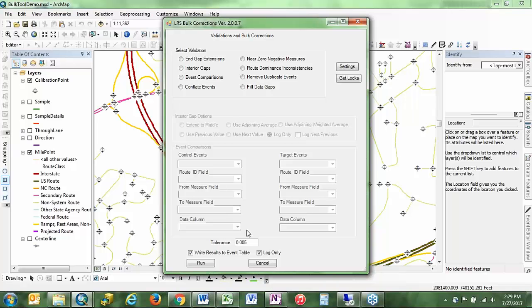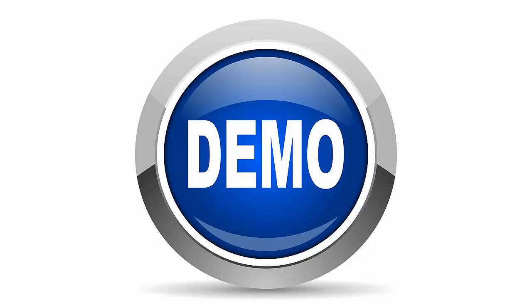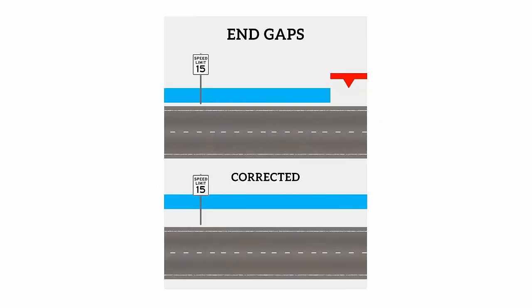So what functions does it actually do? I've been talking a lot about it. So these are the 8 functions that it does currently. So let me walk you through these. This tool comes with a robust user guide. And in that user guide, there are diagrams of each one of these functions. And looking at those diagrams is a whole lot more entertaining than just watching my mouse move around while we discuss them. So the first one it will do is called end gap extension.